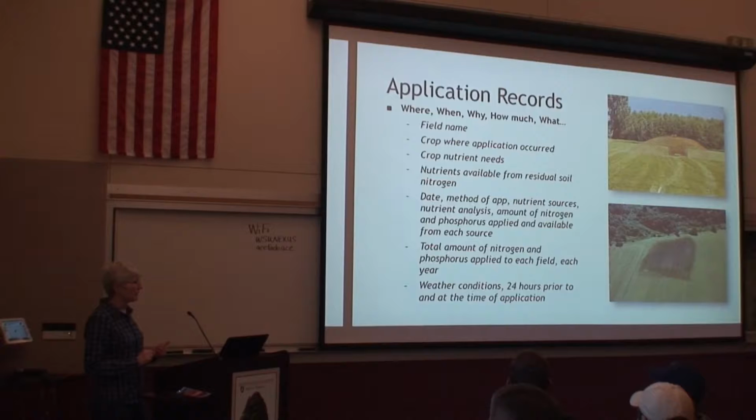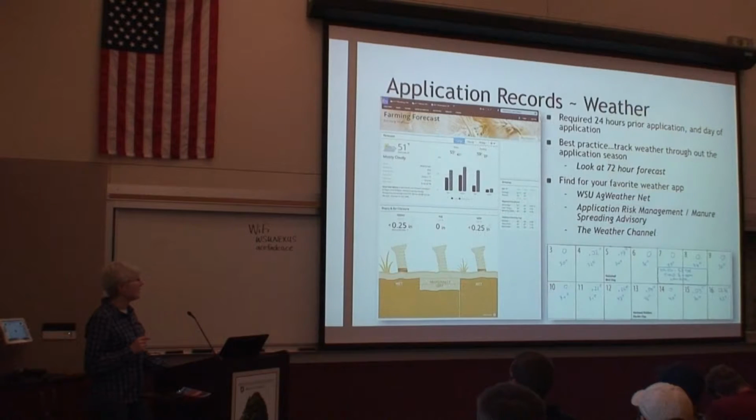for application records. If you have the other records, we can go back and get some of that other information that we ask for, such as the nutrient value or how much nitrates you put on your field, total amount of nitrogen and phosphorus for each field for each year. We can back calculate some of that stuff. So, application records, and